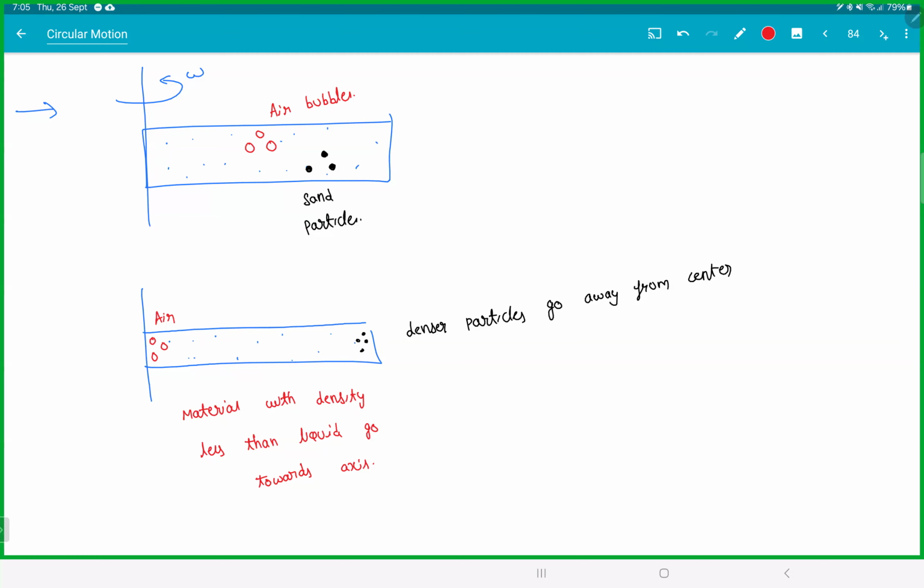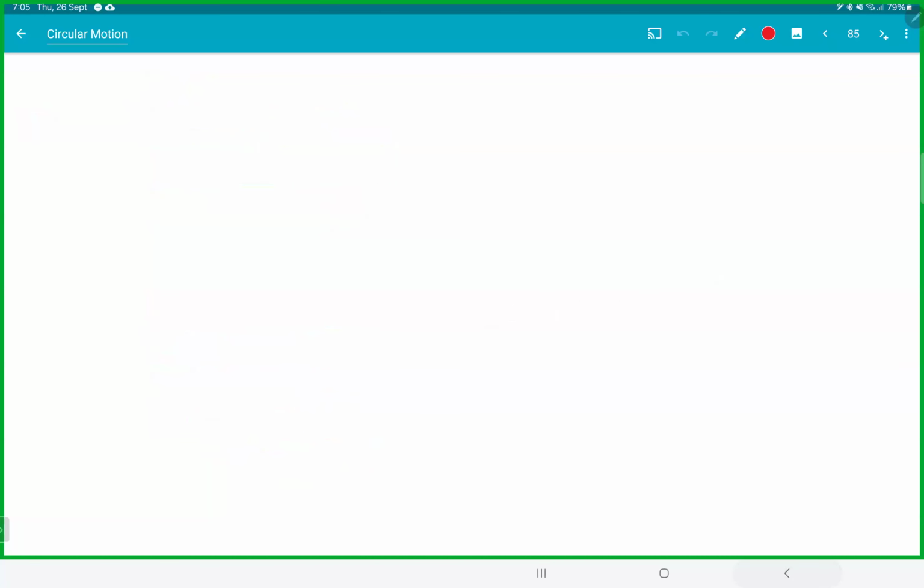Next thing, non-uniform circular motion. So till now we dealt with the particle going with a constant speed. Non-uniform is really not that different, except we again add one more thing. So in a non-uniform circular motion,